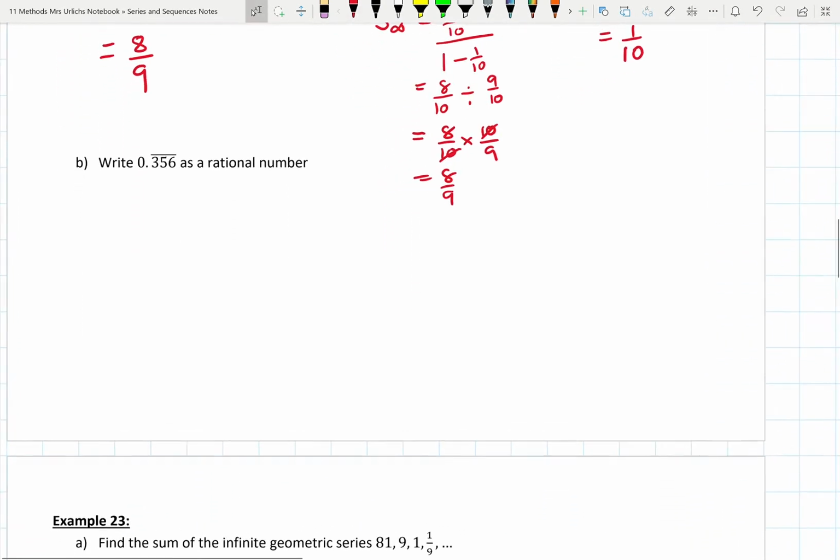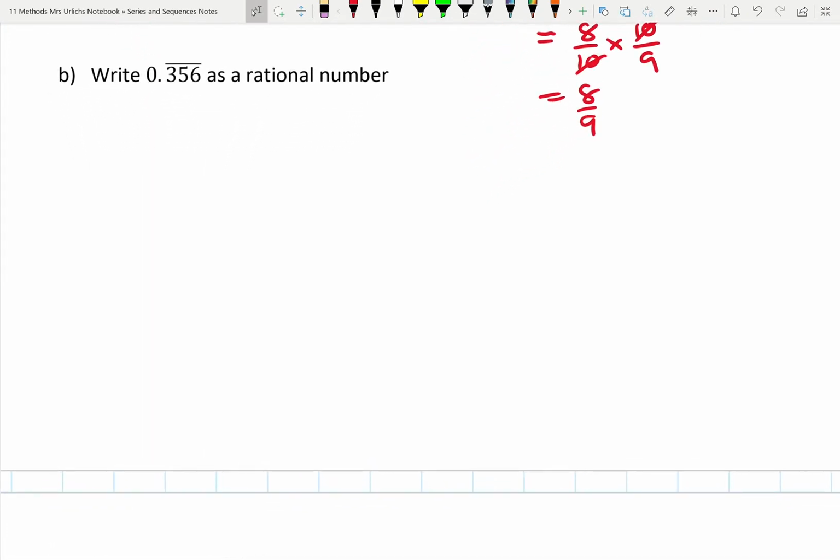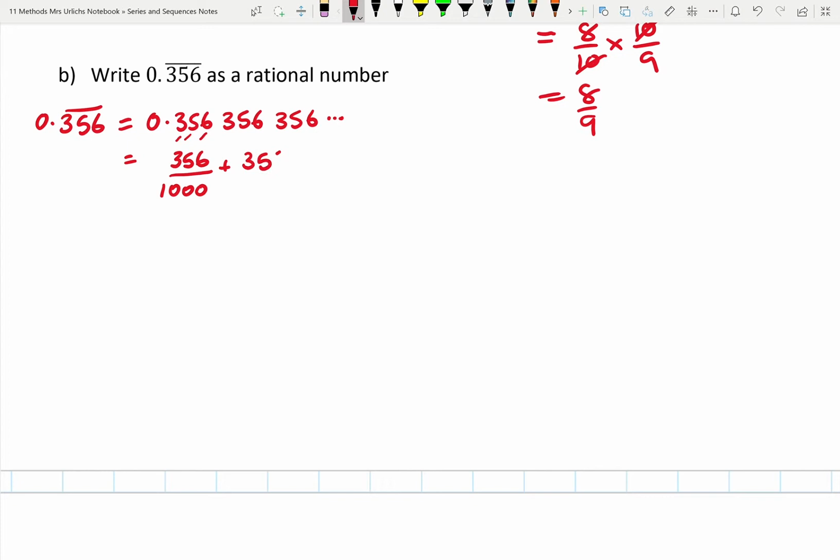With this next example, we've got: write 0.356 recurring as a rational number. So first of all, 0.356 recurring is 0.356, 356, 356, and so on, which is 356. This is tenths, hundredths, thousandths, plus 356 millionths for this next one,